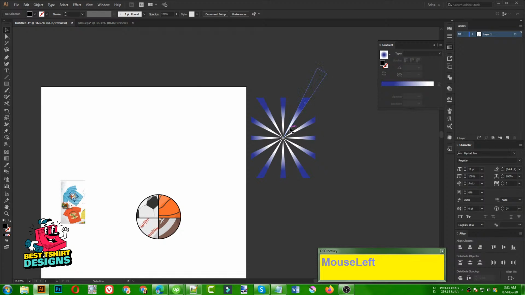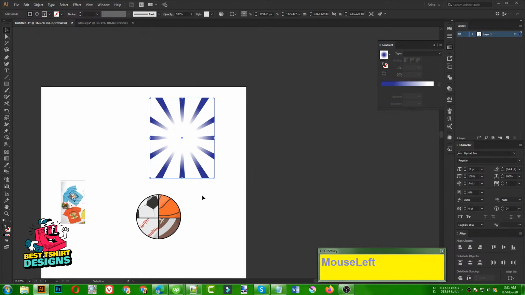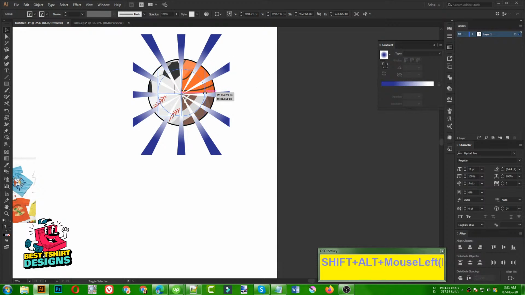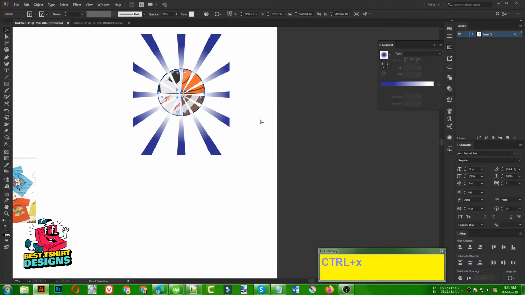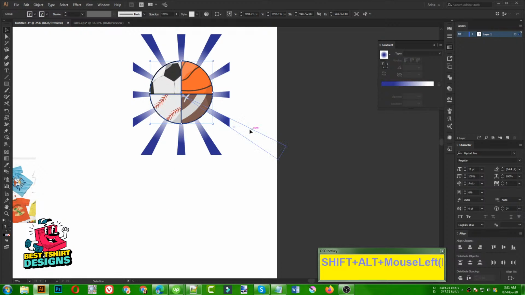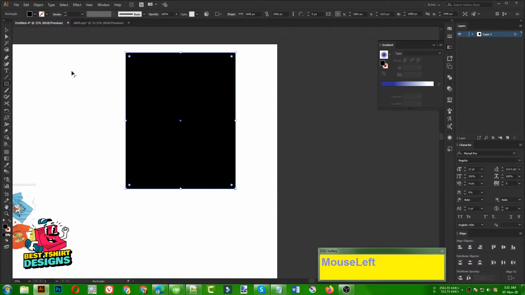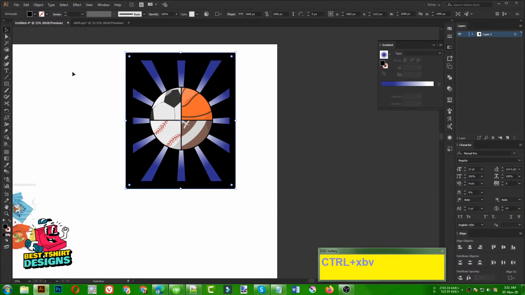You can see this is how it is looking, but on white it is looking different. So that's not a problem. So let's select this group, place it something like this, then press Ctrl X, Ctrl F to cut and paste in front, maybe a bit bigger in size. So that is the design for this one. If I take a background like black, Ctrl B to paste in back, let's align it with the graphic,